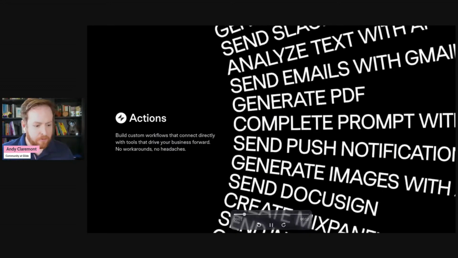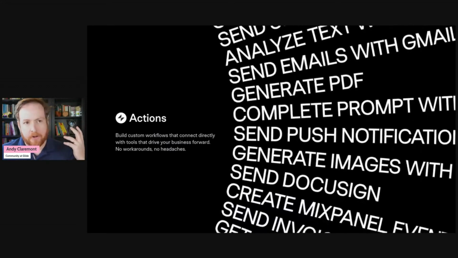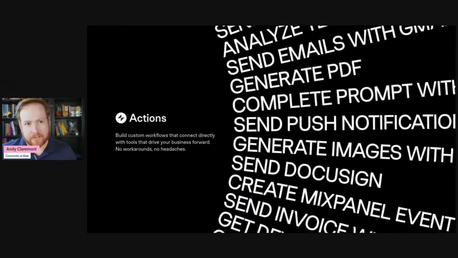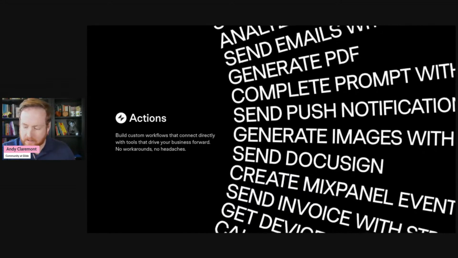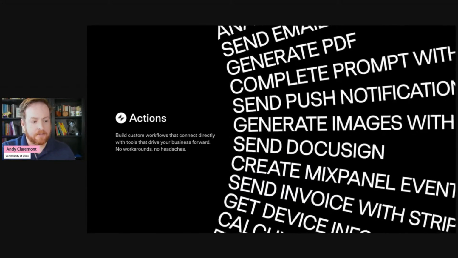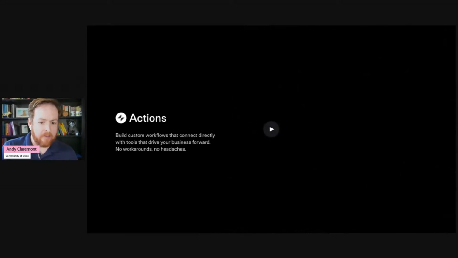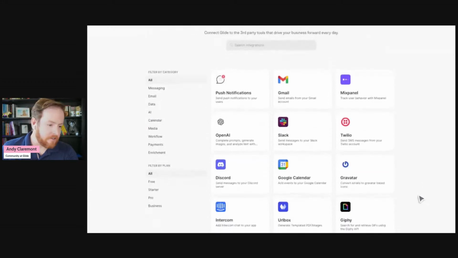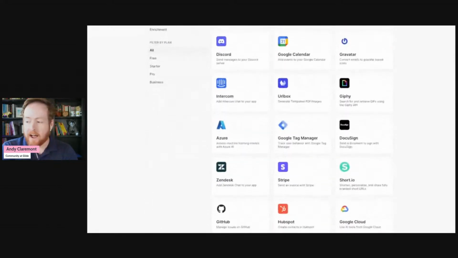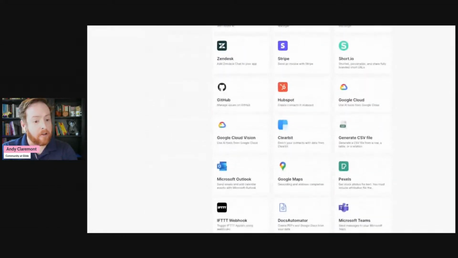Back in the spring, we launched our new actions and integrations. These new capabilities let you connect your Glide apps to the tools that you're already using for work, without having to go through a third party. And as it turned out, actions and integrations like OpenAI were by far the most popular.